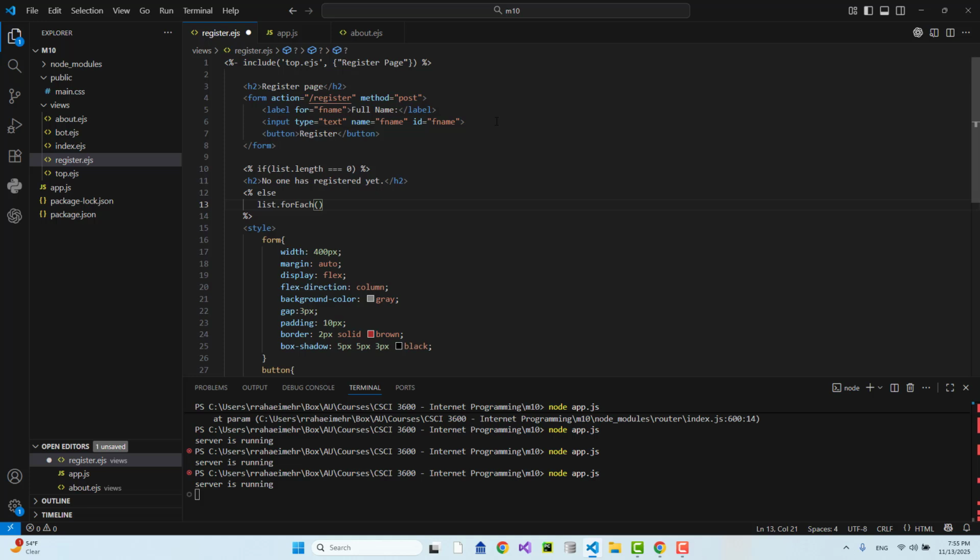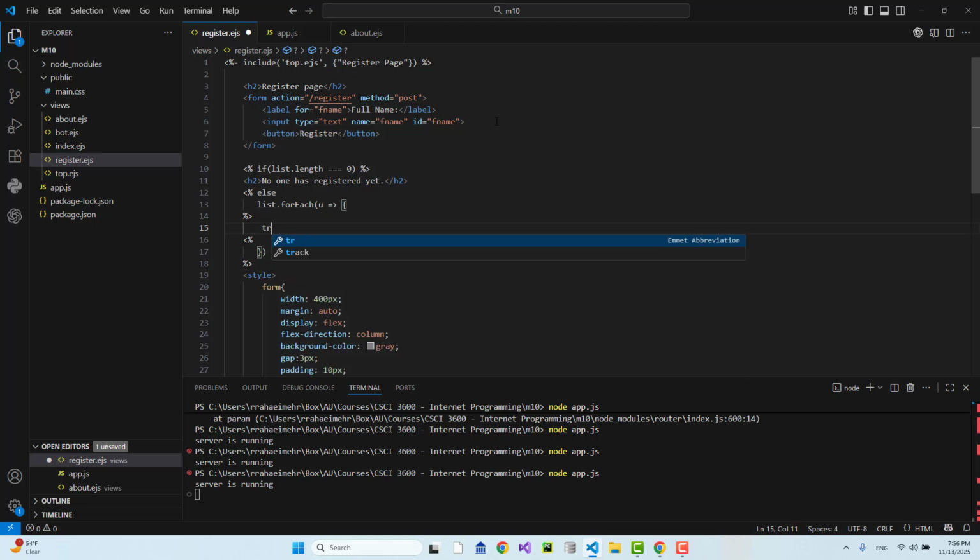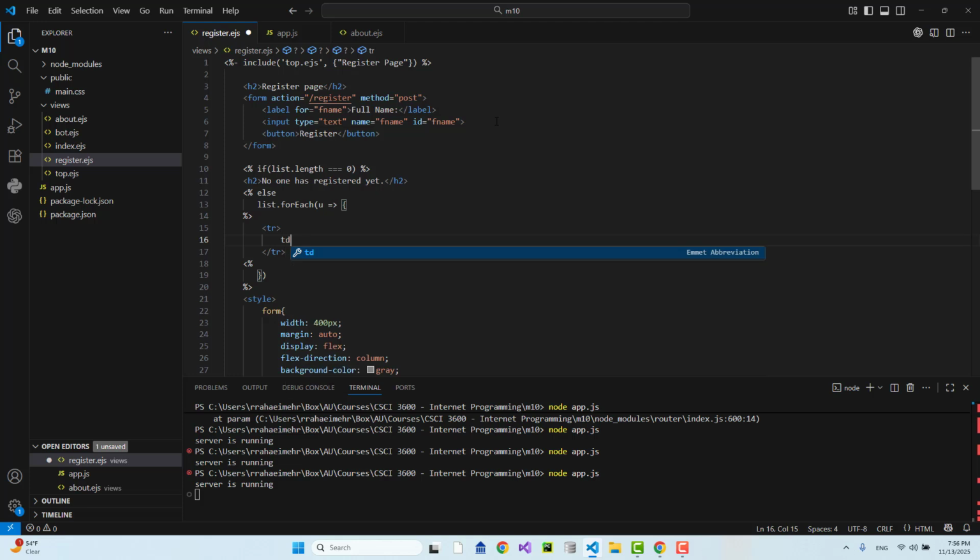Now in each iteration, we put the item in a variable, say u, and then by variable u, we can access those values. Let's create a table, and then u.fname, show the name in one cell,